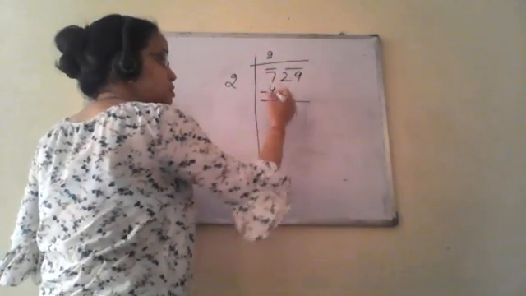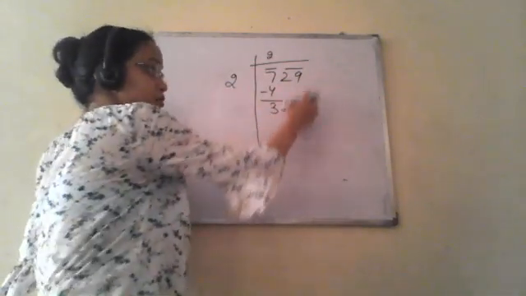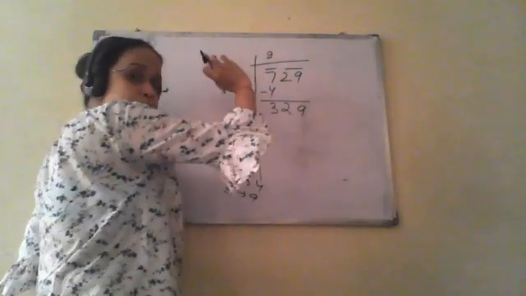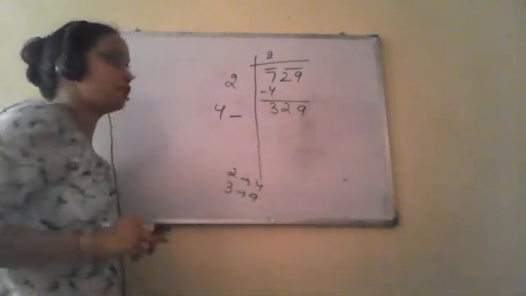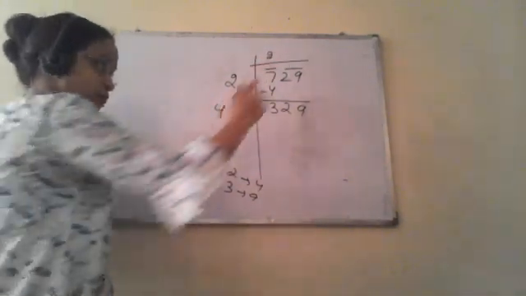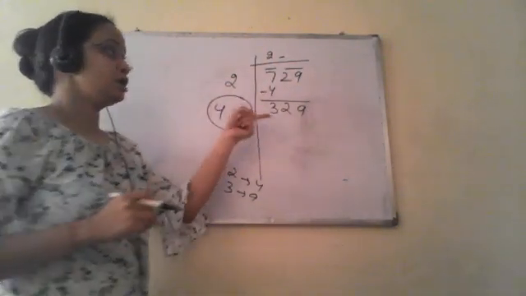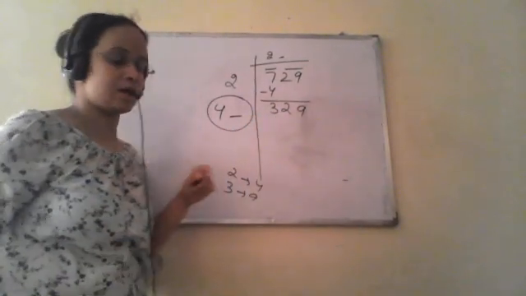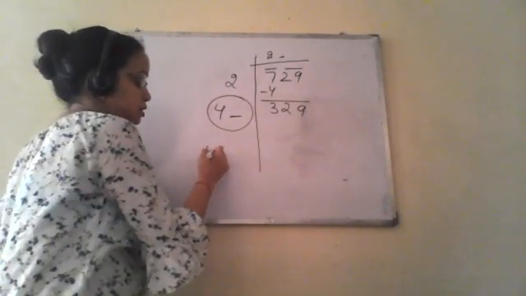We will subtract this. This will become clear. We bring down the next number and we double this quotient. So 2 plus 2, or we can simply double the quotient, so this is 4. Now we have to fill this blank with a number, and the same number should also come in the quotient, such that the product of this new digit in the quotient and this whole number is either equal to this 329 or less than this. It cannot exceed this.